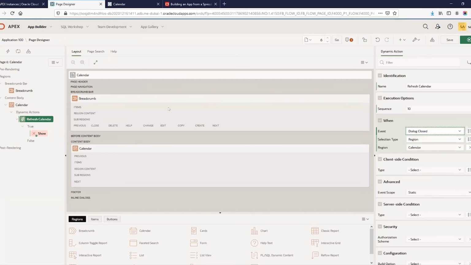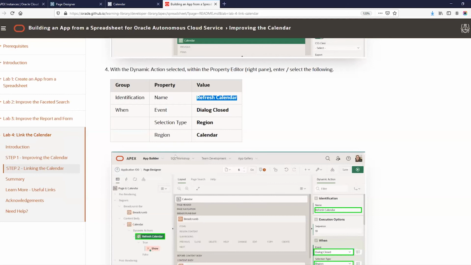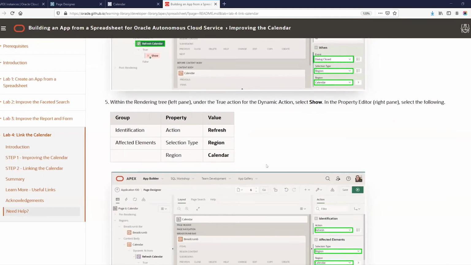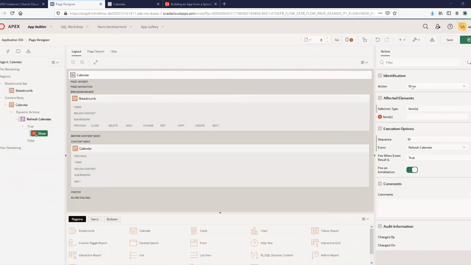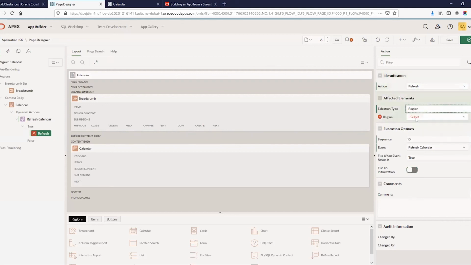It's the calendar region. All right, so what action would I like to do is to refresh, right? So the moment that I close that dialog, because I changed some data, it's a form, remember? So I would like to refresh. Which region I would like to refresh is the calendar region. So I will change the type or the action to refresh, and it's gonna be a region, and it's my calendar region. So now if I save,